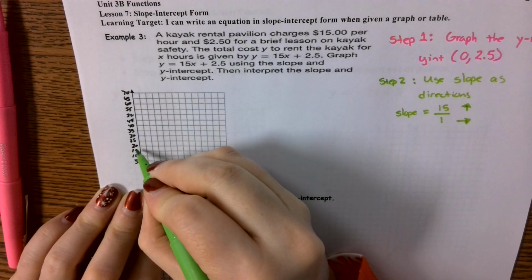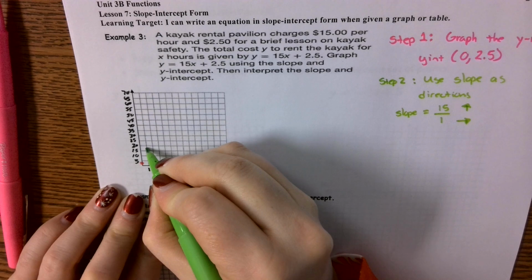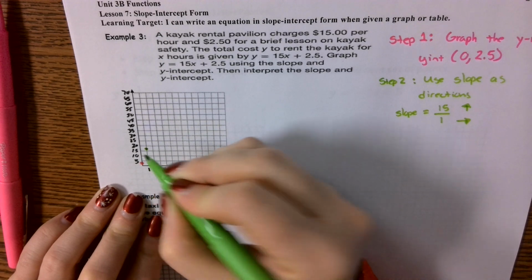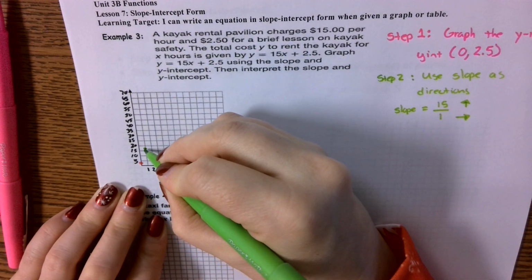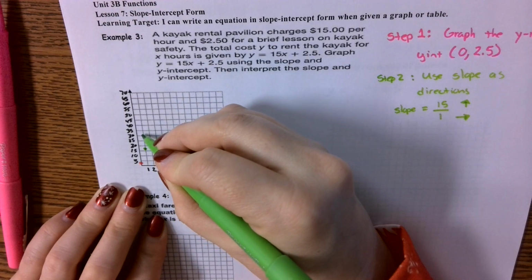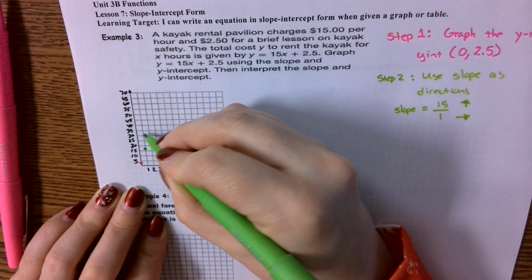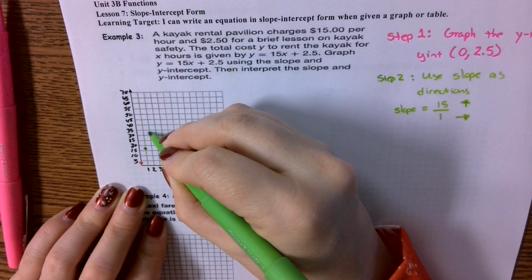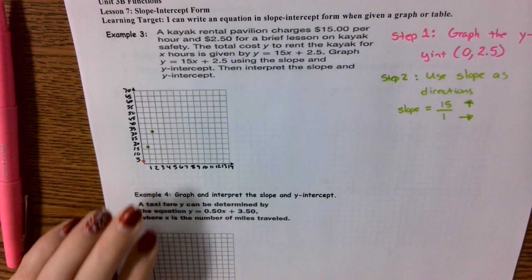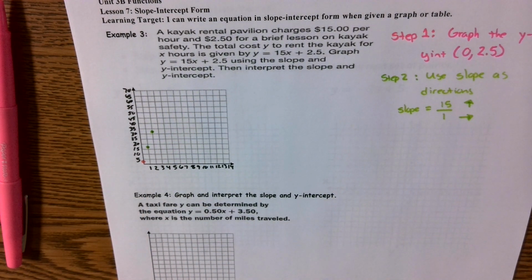17.5. So we're going to go to 17.5, and then to the right 1. Okay, then we're going to do that again. And that's going to take us to 32.5 to the right 1. Okay, once you've graphed a couple of those points, you can then go ahead and connect it to form a